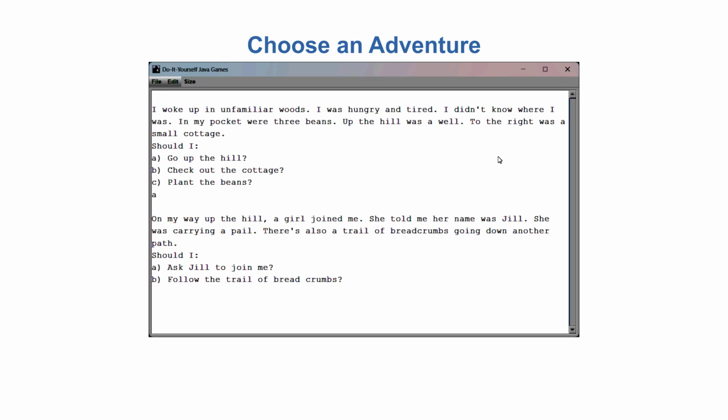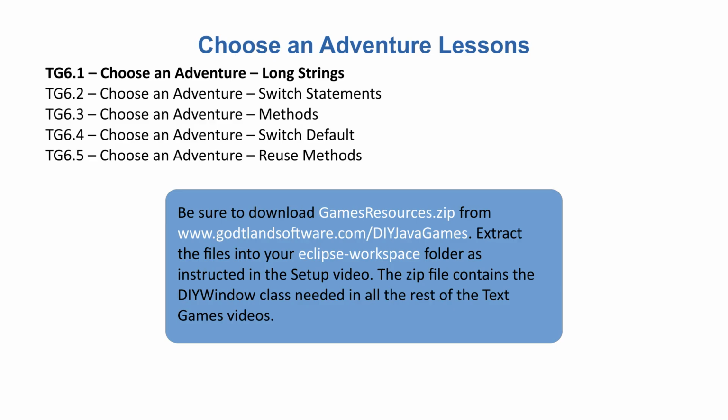In this project, we'll create a program for an adventure story where the reader chooses what should happen next, as shown here. This is lesson TG6.1, where you'll learn how to enter the long paragraphs of text for the Choose an Adventure program. Before doing this lesson, be sure to download gamesresources.zip from